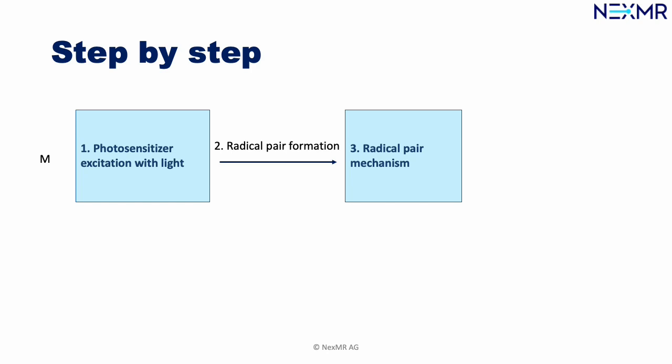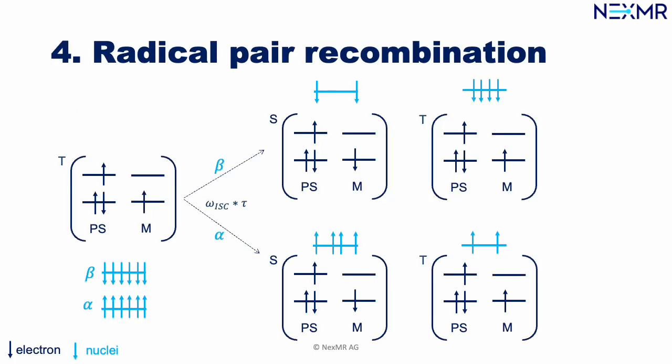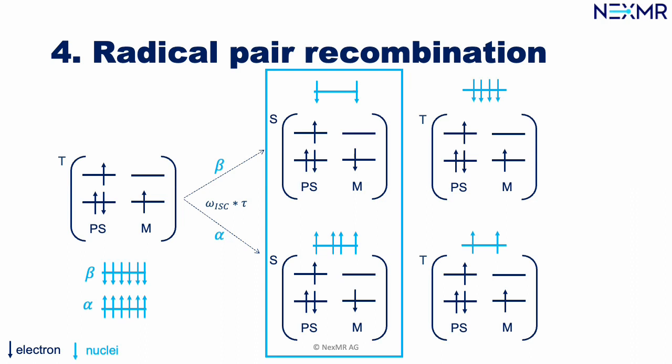So you see, we formed more singlet state radical pairs at the end of this mechanism for the alpha spin than for the beta spin. And now let's see how this builds up during the radical pair recombination to yield hyperpolarization. It's pretty simple. We just need to join these things together because those are all the same molecules. So if we just look at it this